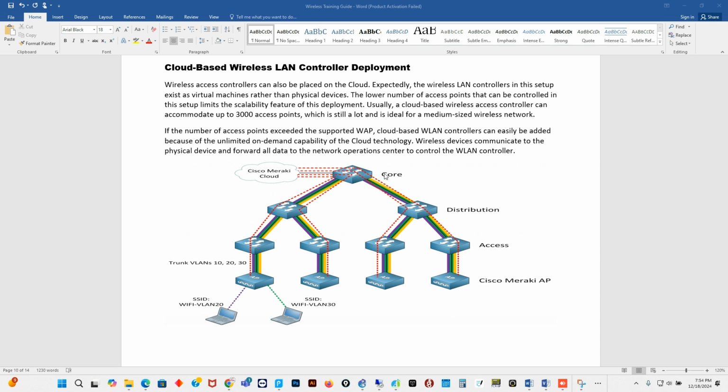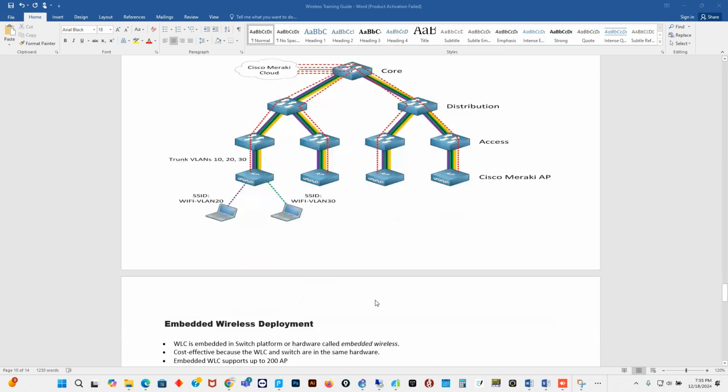So you have this at the data center. You have your APs connecting to your access switches, and then you configure a trunk, and then you have all the information going to the cloud, or pushed to the cloud, for you to be able to get the necessary information. So that is one common deployment we have.